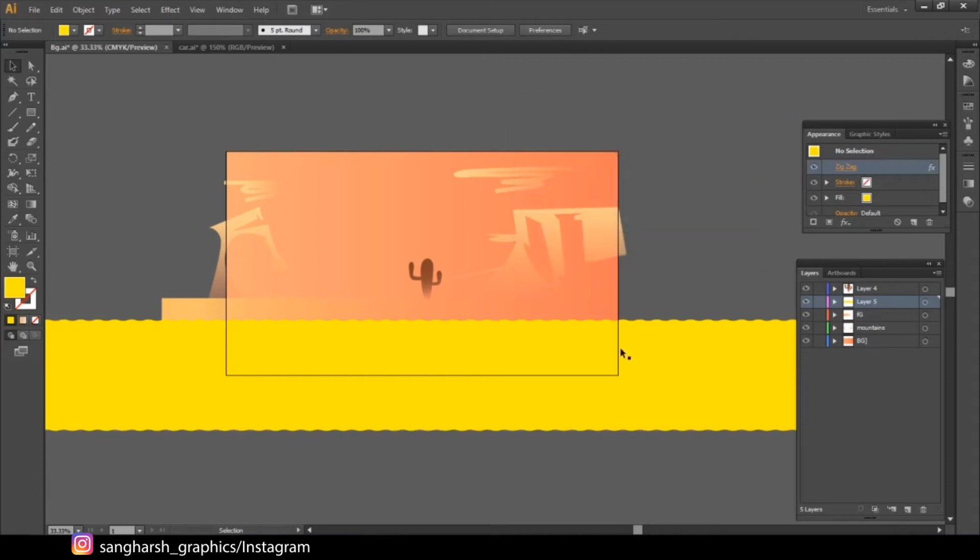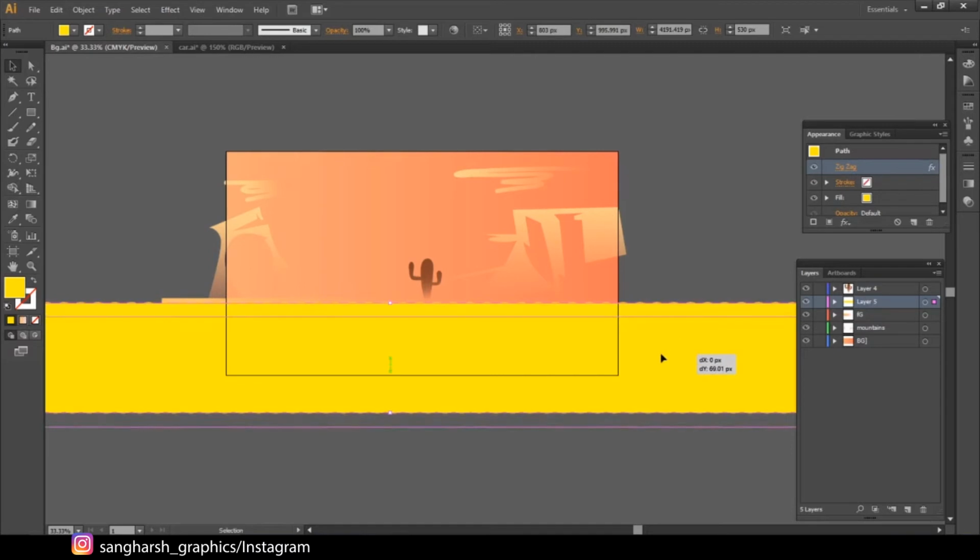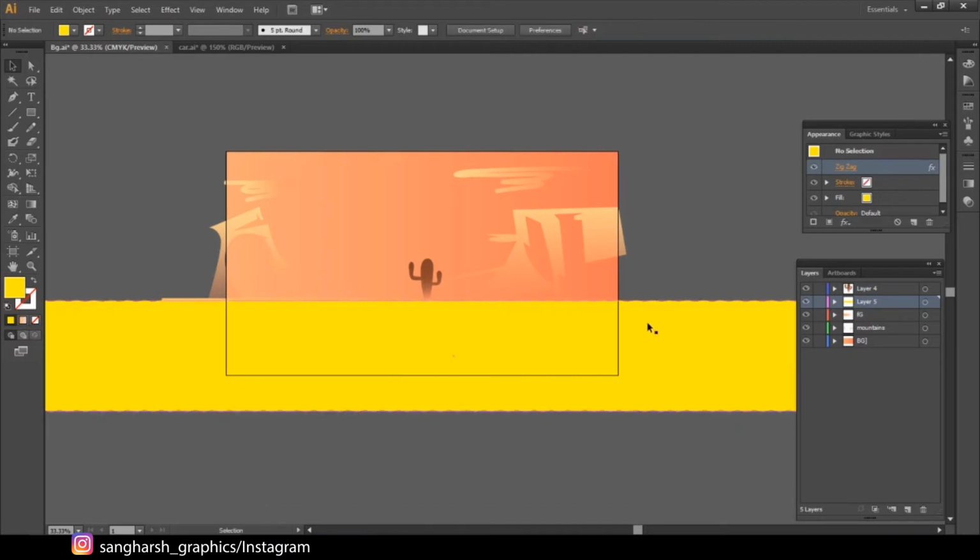I will tell why I have created this on a different layer as well when we go into Animate. So I have created this one layer, the cactus, and mainly the BG, like this. So I have saved the file in 1920 by 1080. I will also tell the reason why when we go into Animate.